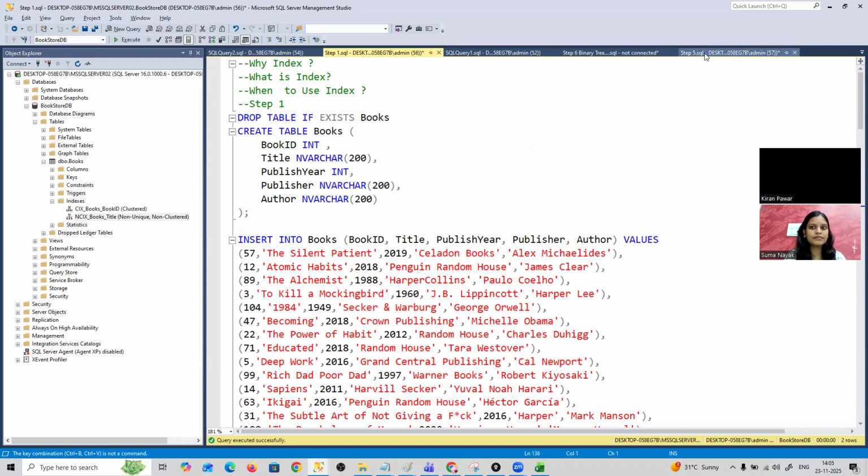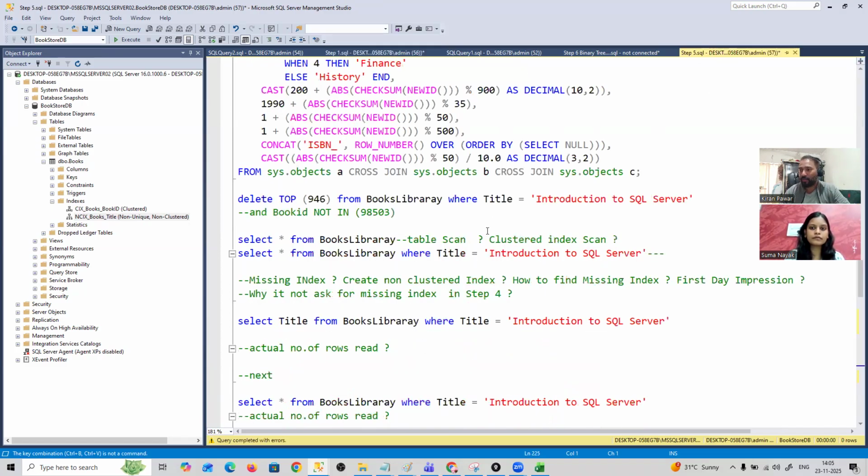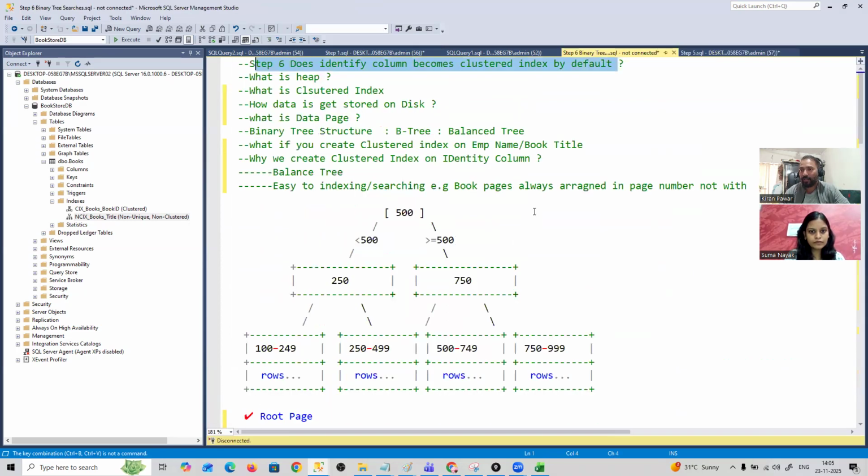When we create a clustered index and non-clustered index, our data gets stored in the binary tree format. That actually helps us speed up the performance. To explain this I have one small diagram with me, and that will clearly show you what a clustered index is and how this data is stored on the disk and database. Before that,